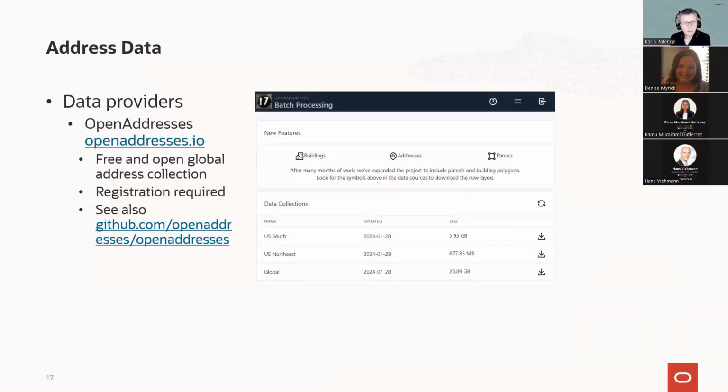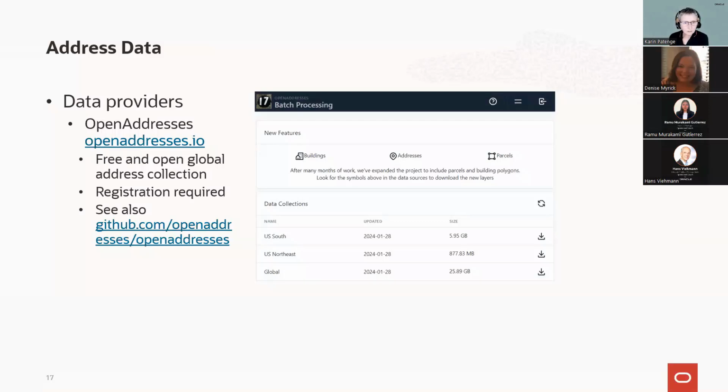Also, an important aspect of spatial data that people want to work with, for example, when it comes to testing the geocoder in Spatial Studio or the geocoder that is provided with the autonomous database, is the question: where can I find address data which I can use to test the geocoding function, or if I want to just get a sample of address data to do some kind of spatial analysis, then there is this